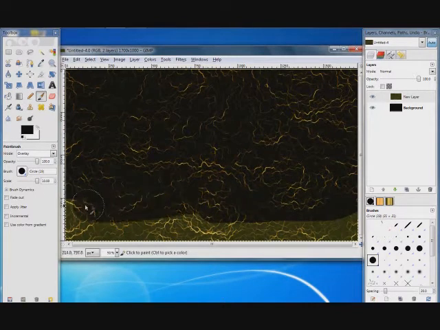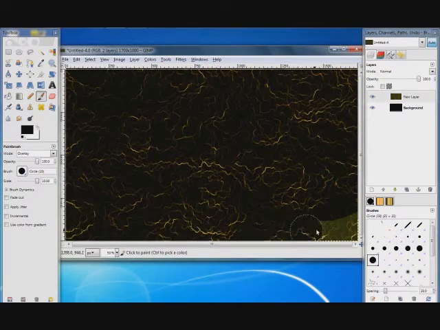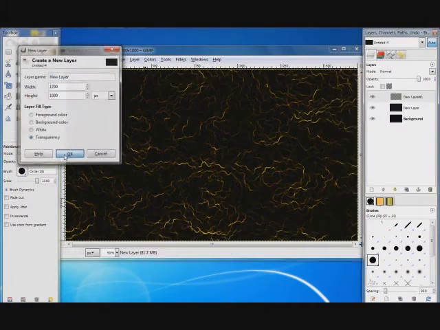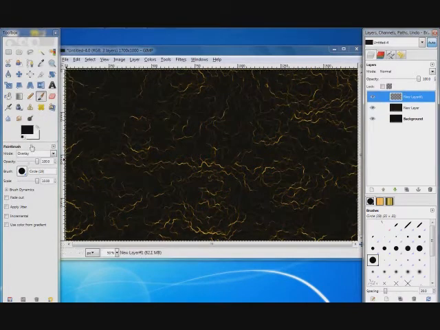Try not to unclick it, because every click makes it darker or lighter if you have white. So if I click it again, it's darker, but I don't want it that dark, so I'll keep it like that. Okay, so we make a new layer, same thing, and then I want white,